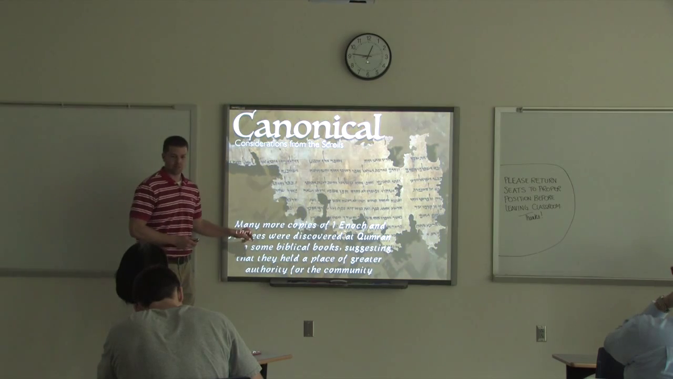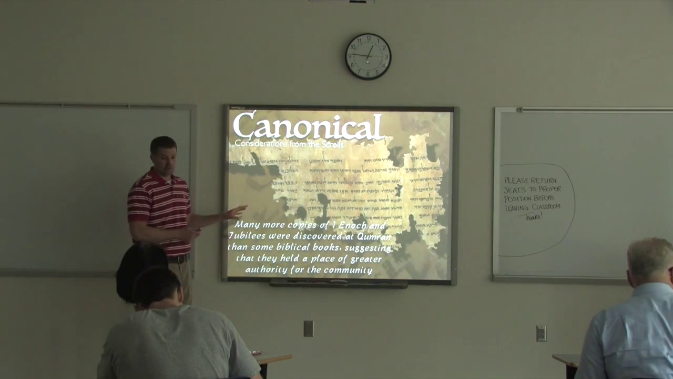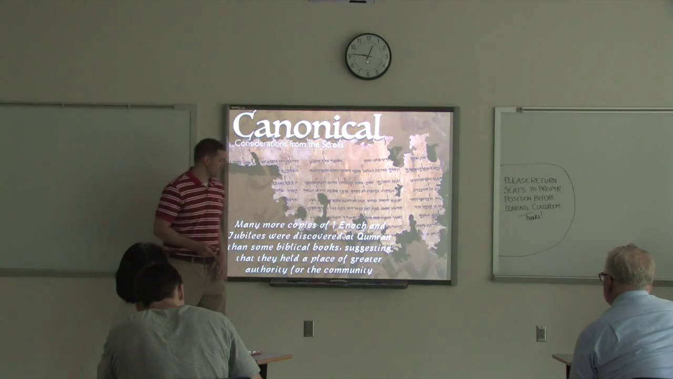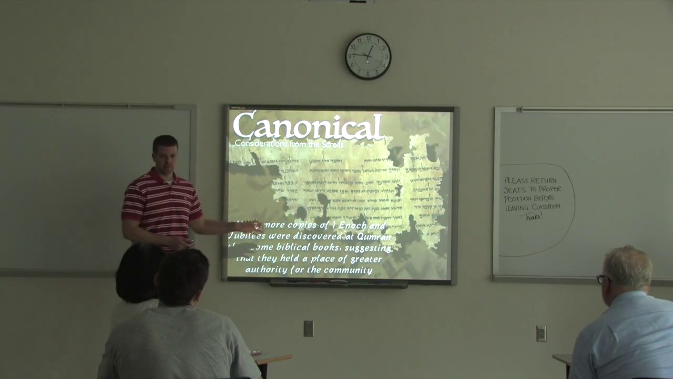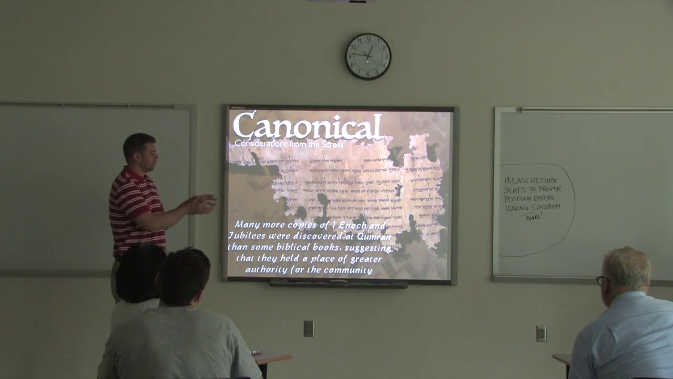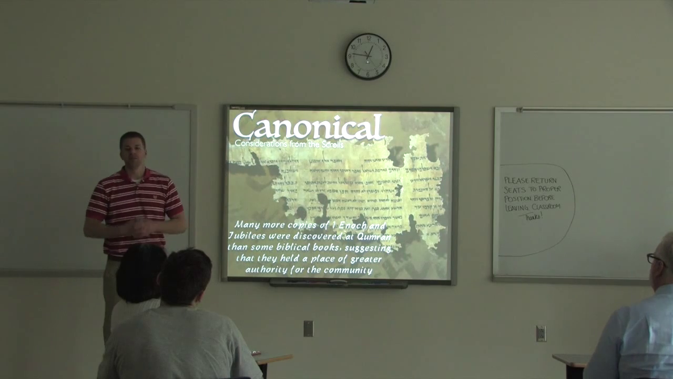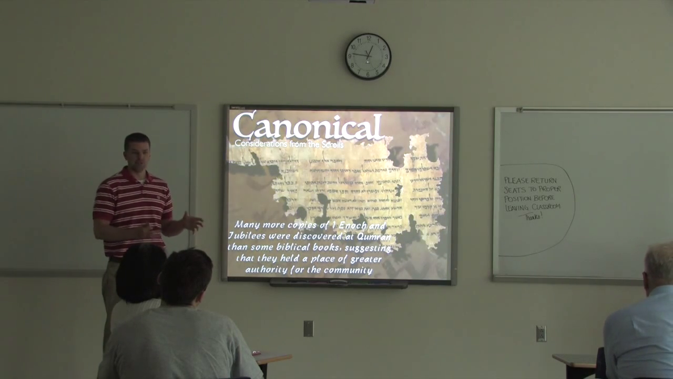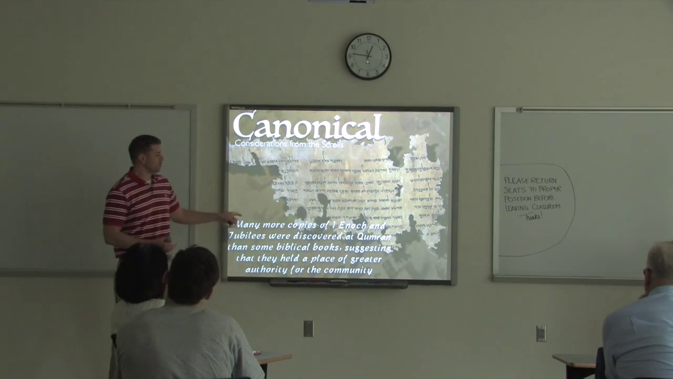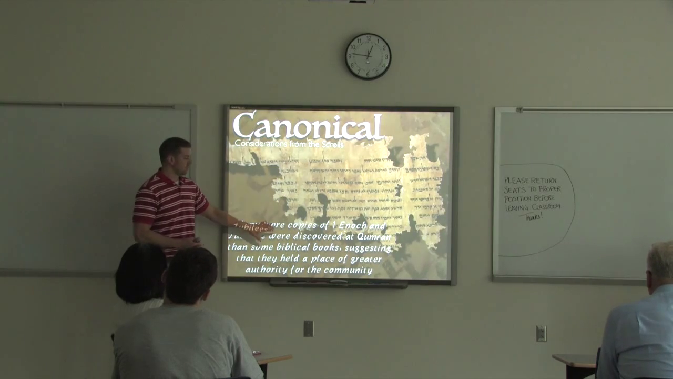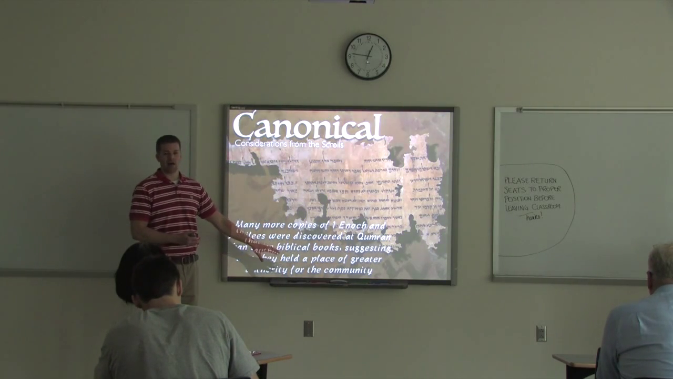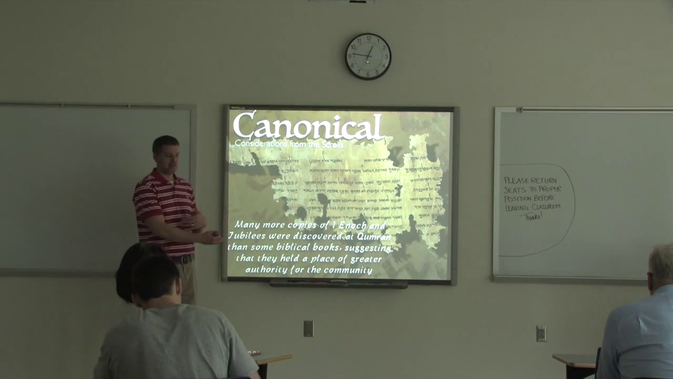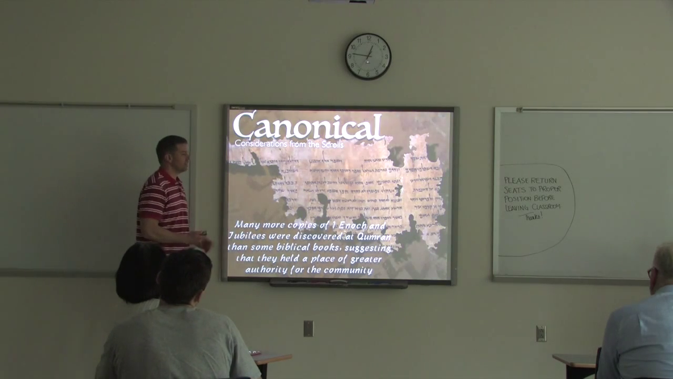One of the interesting parts that we found is many more texts of books like 1st Enoch and Jubilees. These two texts obviously did not make it into the Protestant canon or the Catholic canon, but these were texts that were used by lots of Jews at this time. In fact, many more of these books were found than some of the texts that made it into our Bibles today, which shows that probably these held a greater authority for the community